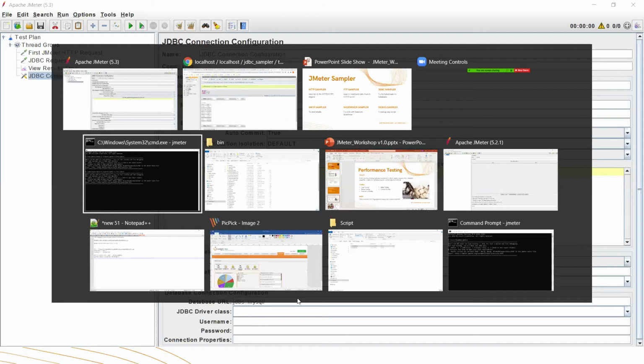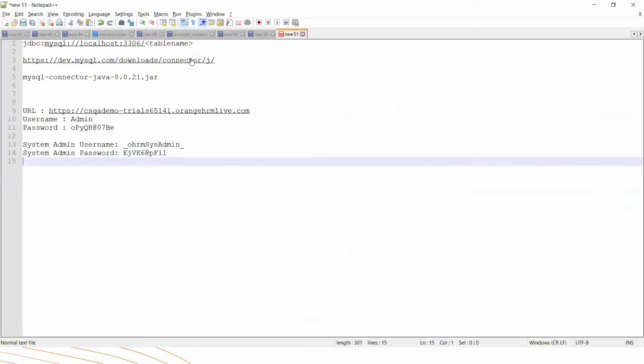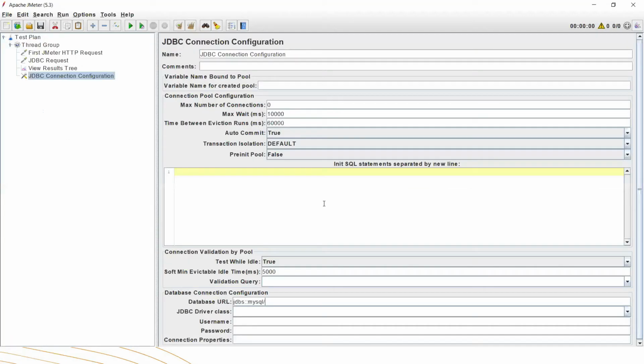I have just copied it over here for you. We need to put jdbc:mysql://localhost:3306, as 3306 is the default port. If there is another port, you can give that, and then the database name, not the table name, whichever database you want to use.